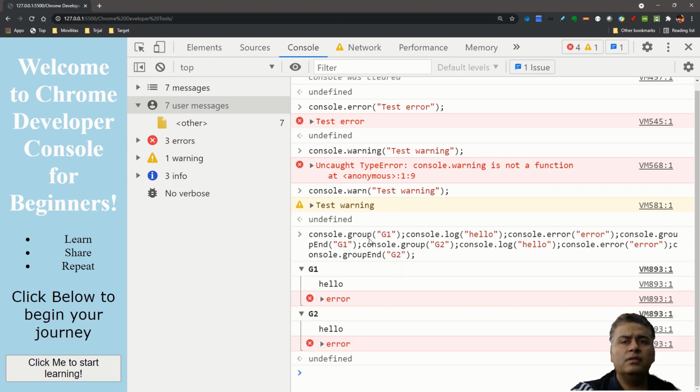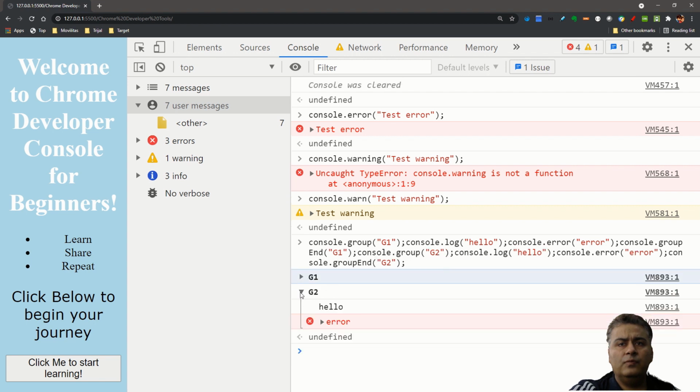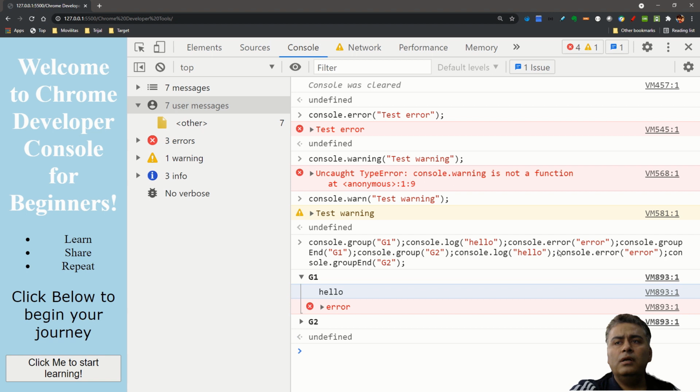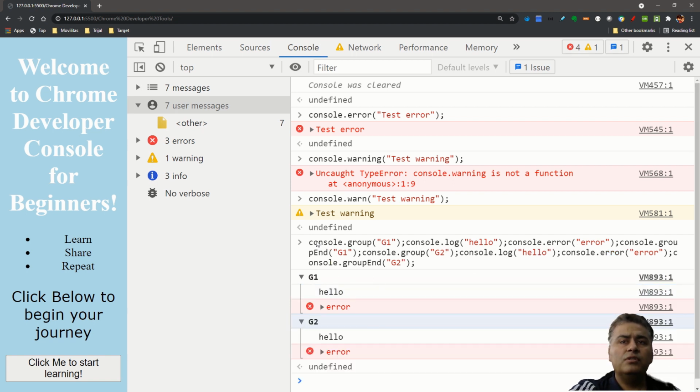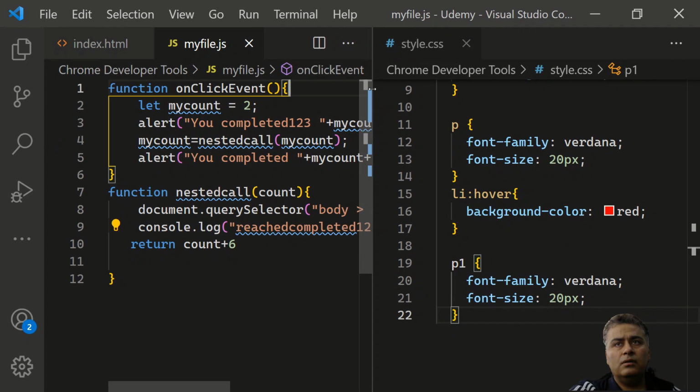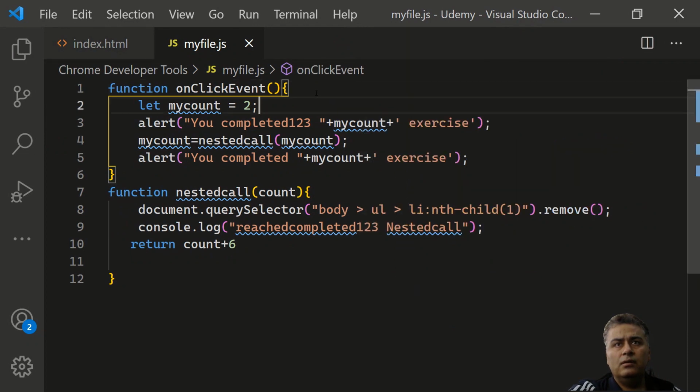So what if you press enter? You see this? There are two groups, G1. G1 has hello, hello, and error, right? So you can use these. What if I, let me do that, what if I just use this, right? And I want to log that, let me close this style,